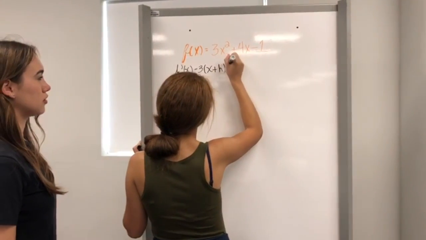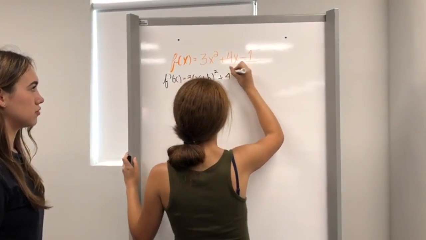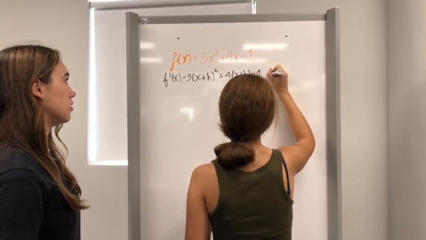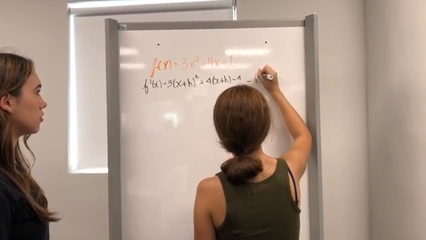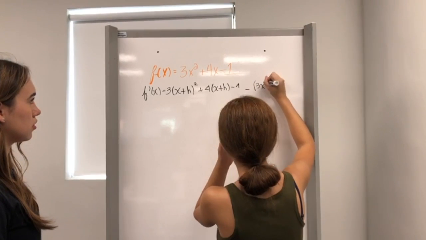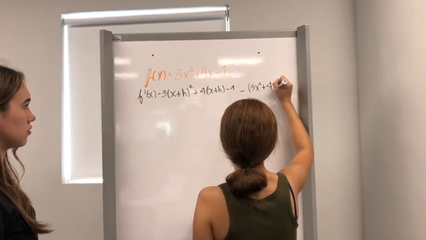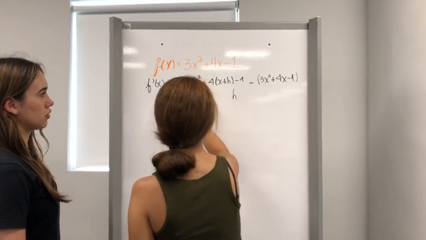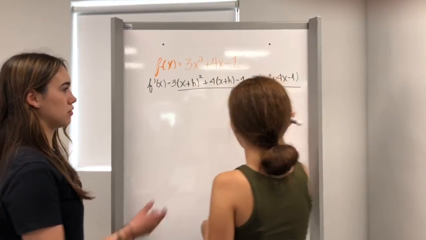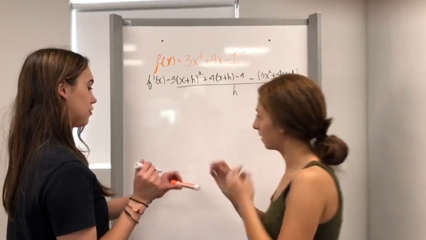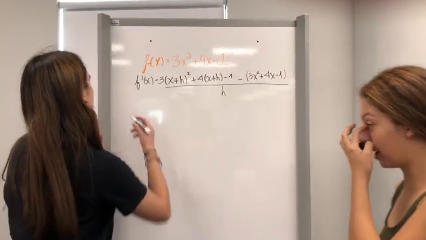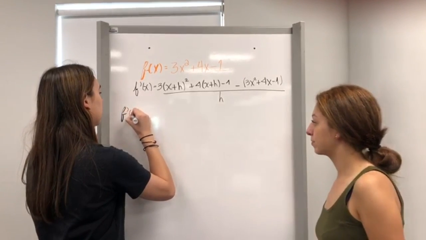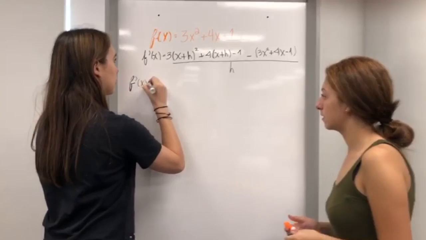is equal to 3(x + h)² + 4(x + h) − 1 − (3x² + 4x − 1), all this over h. f'(x) is equal to